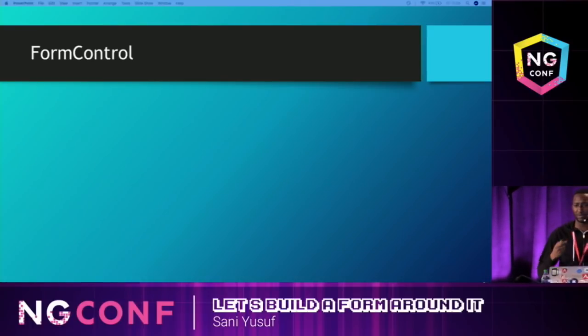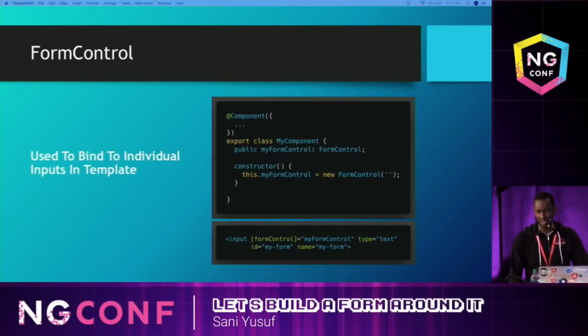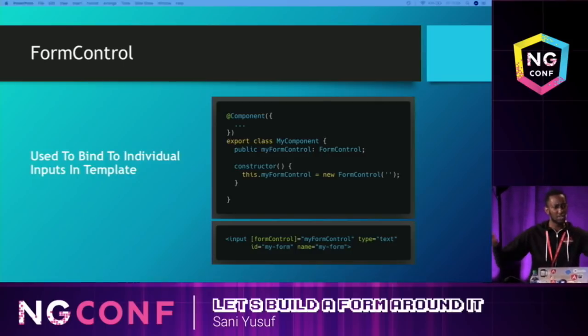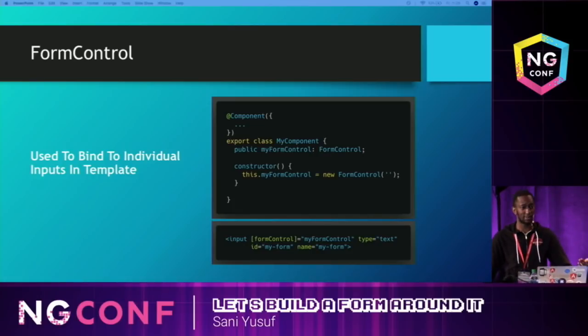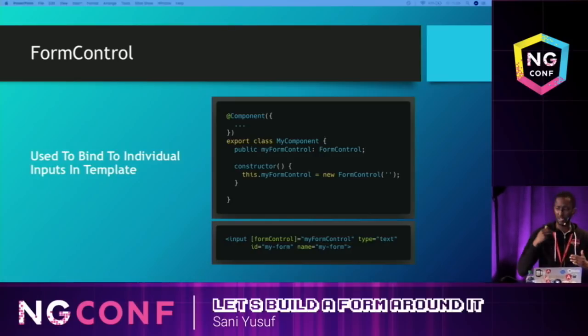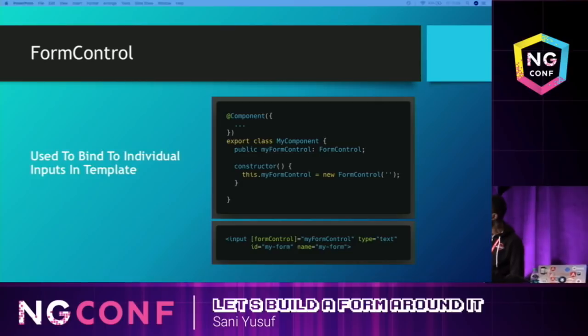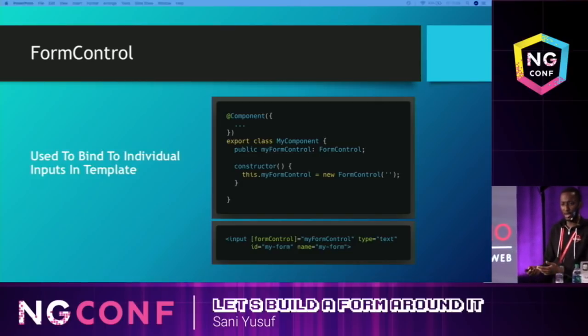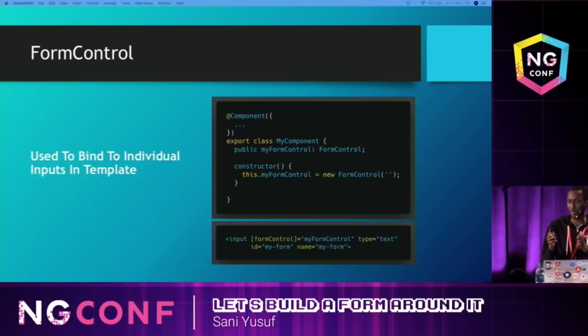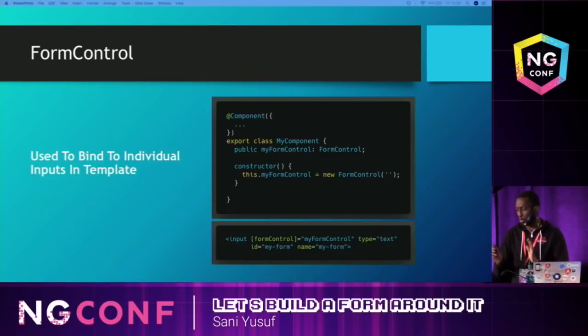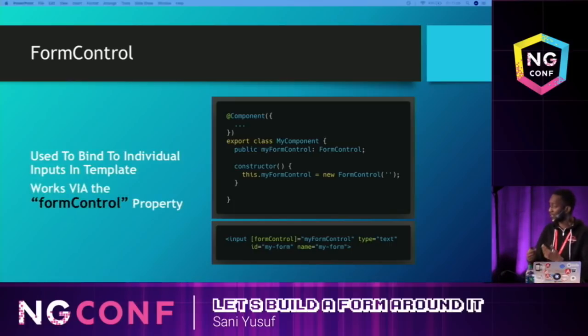So let's talk about the first one, which is the primitive, the form control. The form control is when you need to just bind one specific input element or some form element, just one, not in a group. You just need, like Google search, for example. It's just one input block. You can use a form control, and you create the form control, the instance, and then you bind it via the form control directive or property that comes from the reactive forms on your inputs. And then that would know how to add specific things to the template.